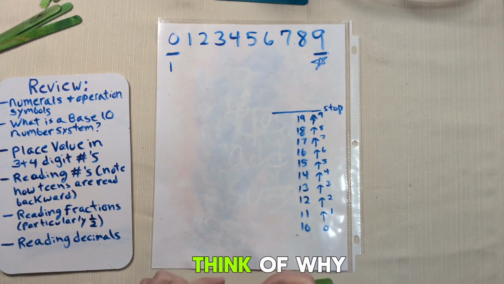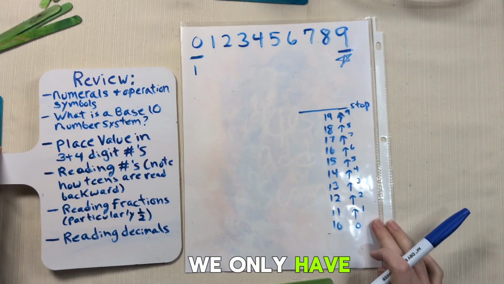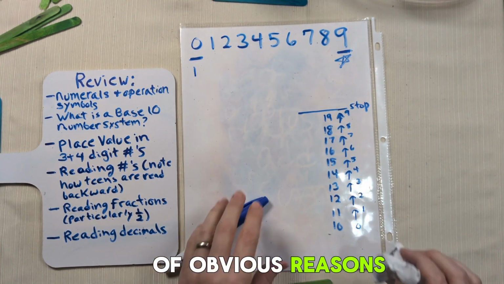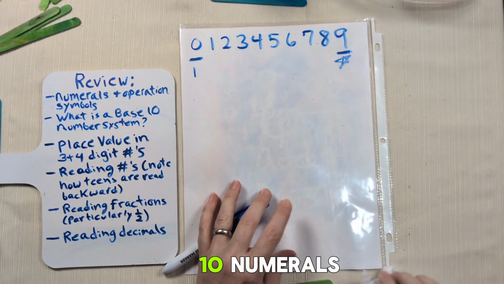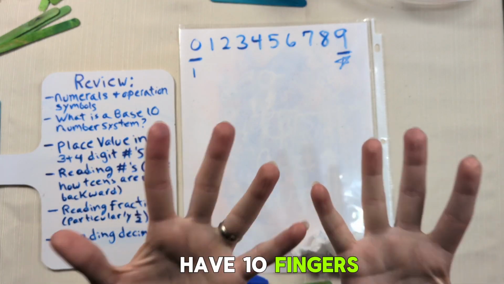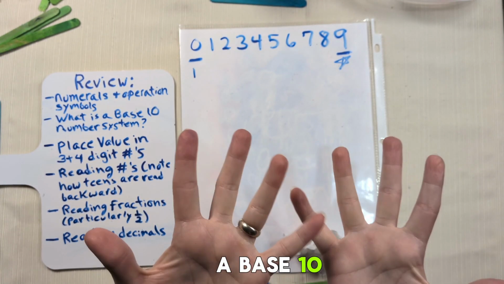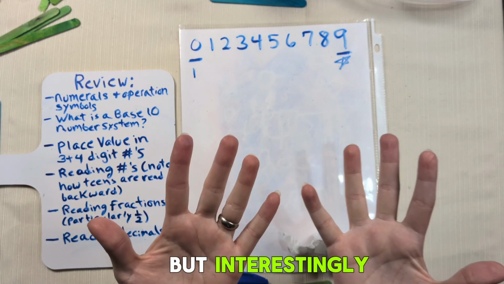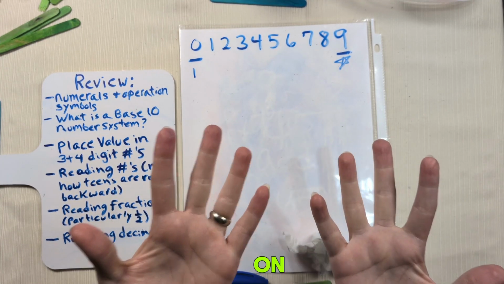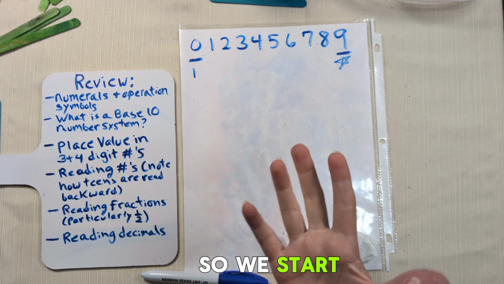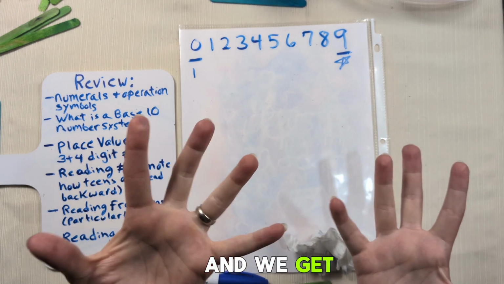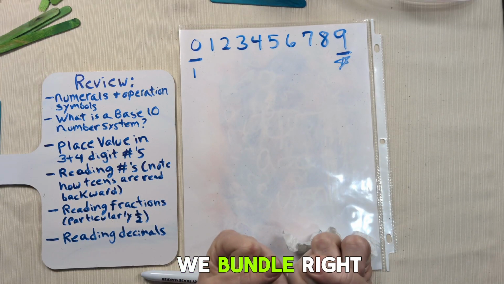And as we think of why we only have 10, people will be like, okay, a lot of obvious reasons we might have 10 numerals is because we have 10 fingers and we have a base 10 system. But interestingly, 0 is not one of the things we count on because 0 means nothing. So we start with the quantity of 1 being here, and we get to 10, which is where we bundle,